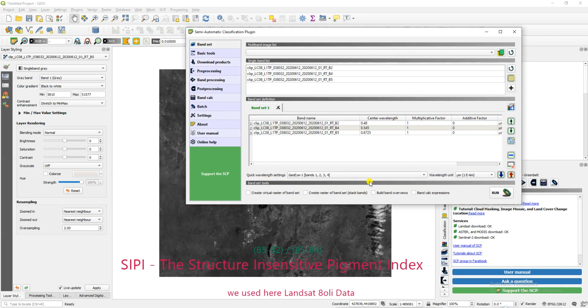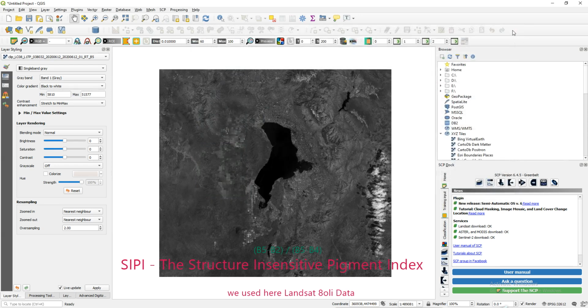You can see the center wavelength values match because of the previous values stored in memory. You can modify them, then close that.